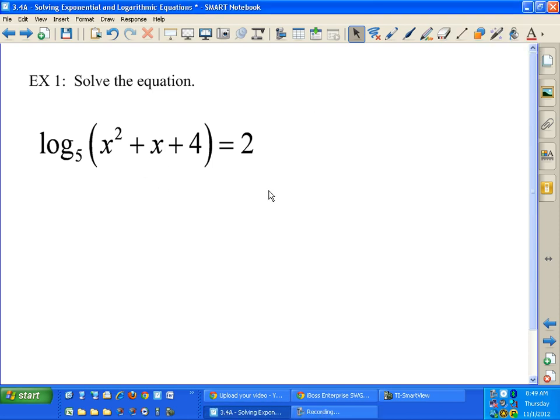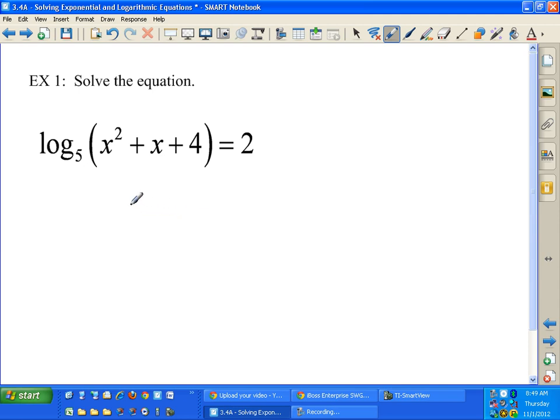We are going to be solving exponential and logarithmic equations, and there's a bunch of different ways to do this, and this is like any other solving equation thing. So there's multiple ways of solving problems, and we have to pick the best way that works for us and in the problem. So this first example that I'm going to give you guys is a way to solve